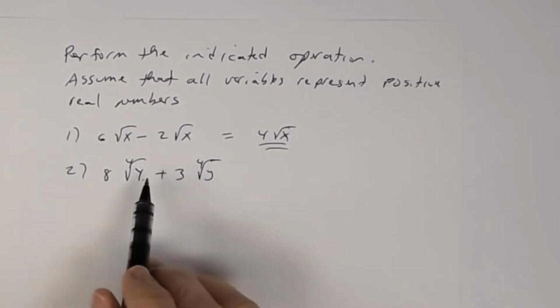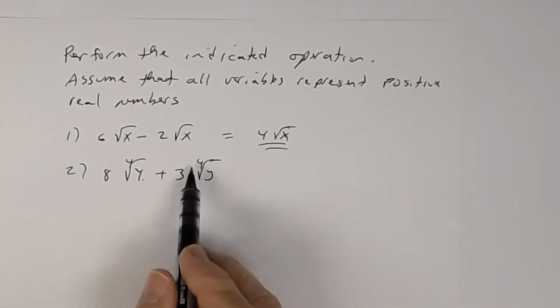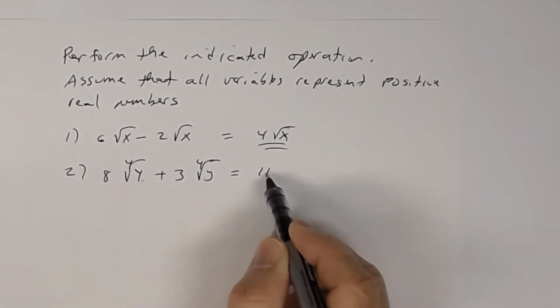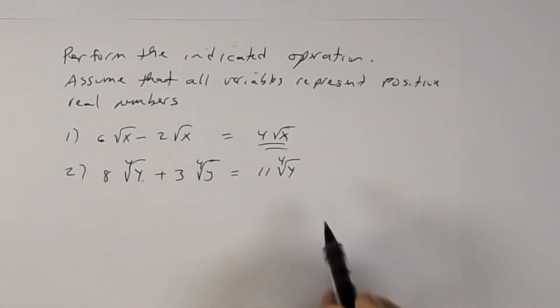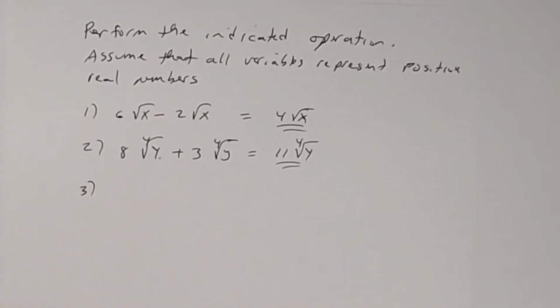Fourth root. The radicands are the same. They're both y's. So 8 of these plus 3 of these equals 11 fourth root of y's. Okay. Number 3, you have